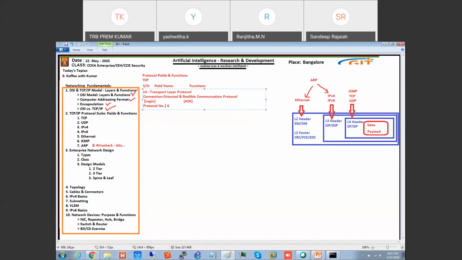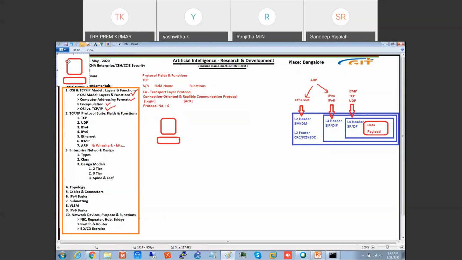Okay, now let us start. Now try to understand this. Now a PC wants to send data to another PC. PC1 wants to send data to PC2. Okay, now what is the first thing that will happen?